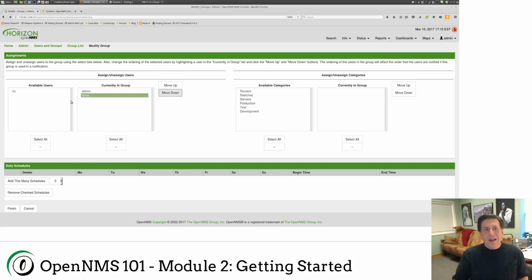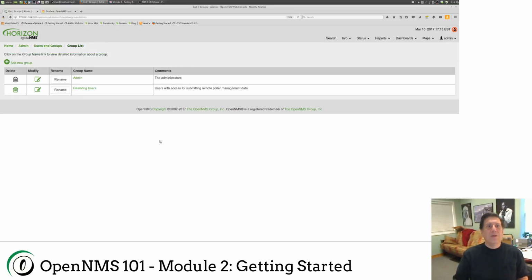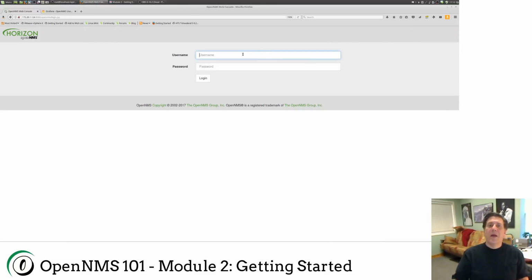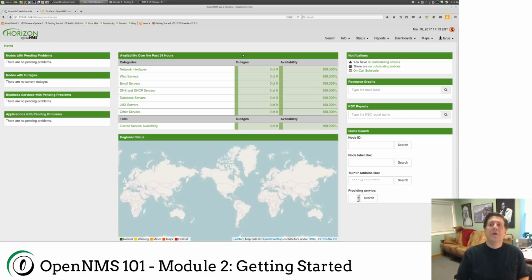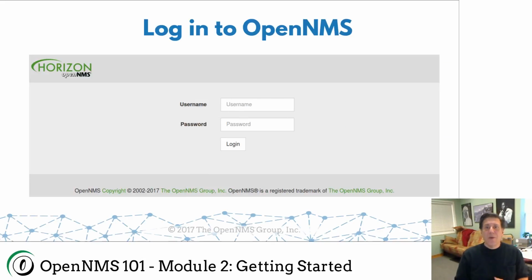So for this, I'm going to move myself over here into the admin users group, and then I'm going to log out. I'm going to log back in as me. I'll do the 1, 2, 3, 4, 5, 6 again. I logged in, and if I mouse over, notice now I have the Configure OpenNMS menu item, which wasn't there before. Okay, let me jump back to the slides so we can cover,